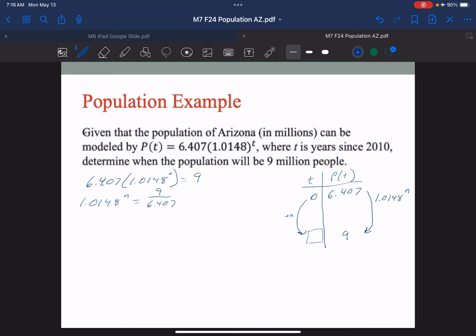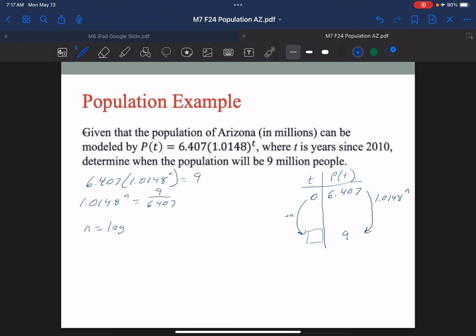All right, so now I have the situation where I have my unknown in my exponent. So I need to take the inverse of an exponential function, otherwise known as the log function. And so I need to rewrite this equation, which is in exponential form, into log form. And when I do that, I rewrite this as n is equal to